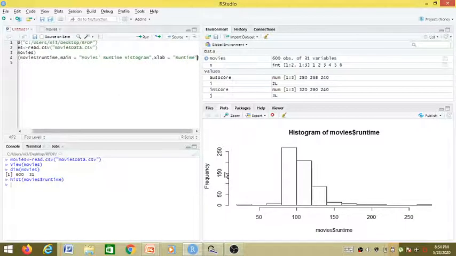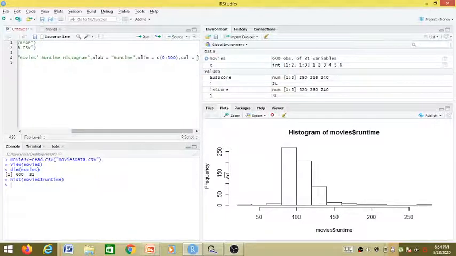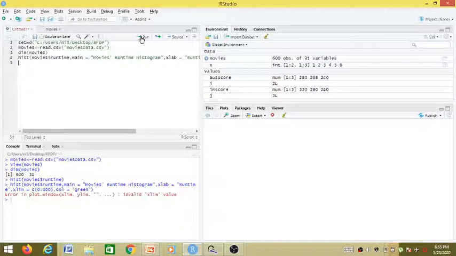Then we can have xlim, and we have to give it as a vector, starting range and ending range. And finally the color attribute, and we can give some color like say green. So once we are done with this, if we run this, we will get a modified histogram.